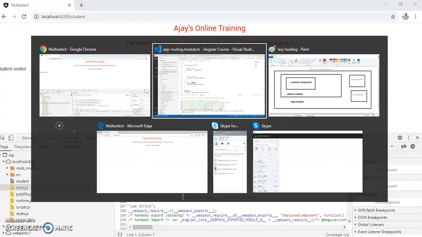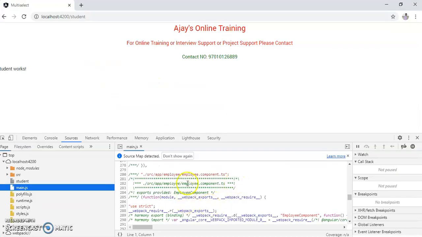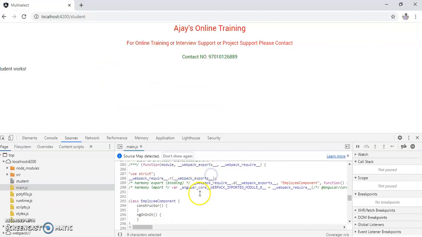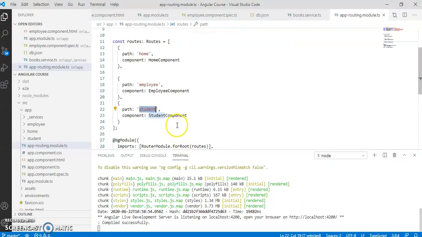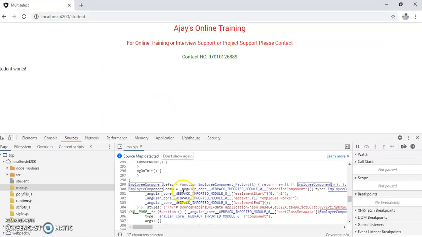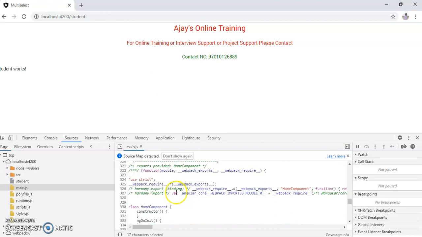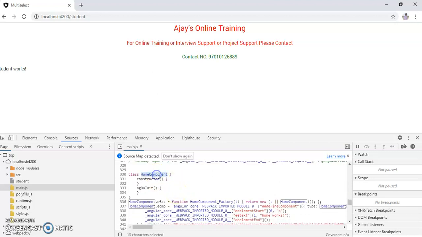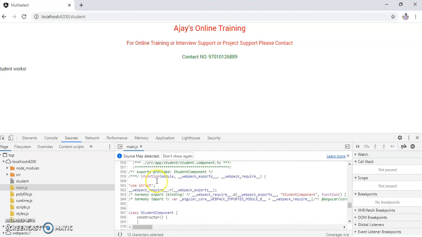You can see the employee component, employee.component.ts. You can search for the student component, the home component, and the student component.